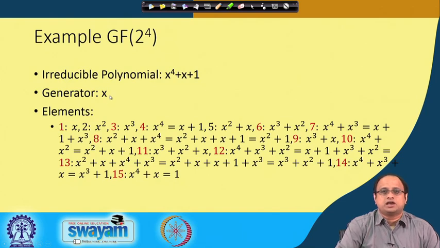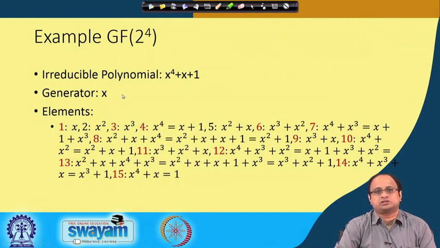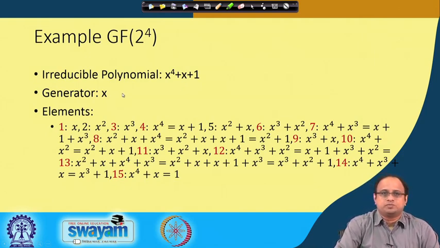So, what I do is I calculate x, x^1, x^2, x^3, and so on till x^15 to get back 1. After x^15, I will again get x, and the pattern will repeat. So, basically, in GF(2^4) there are 15 non-zero elements, plus one element which is 0, but all these 15 non-zero elements can be generated by only x, by reducing it by x^4 + x + 1 whenever the degree exceeds 4. So, let us see the process.